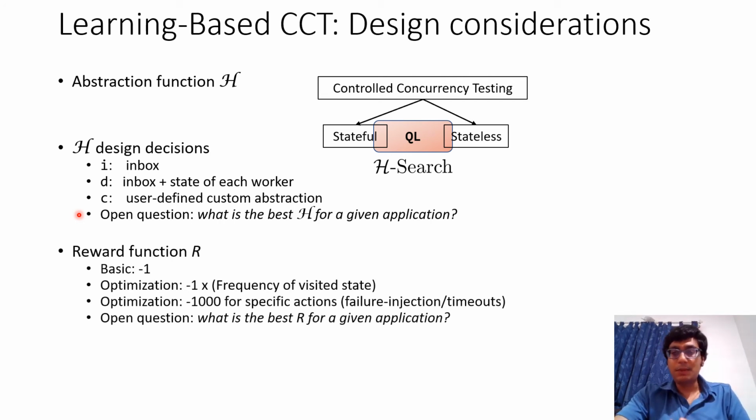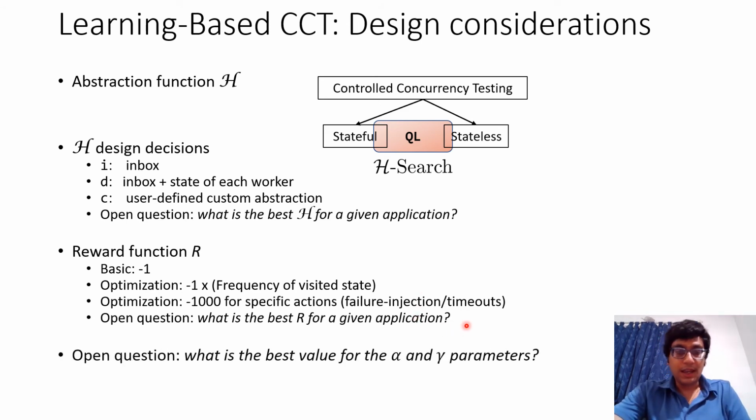Likewise, there is design to be made in the reward function. We typically went with a standard negative penalty, but we also employed an optimization which increased this penalty with the frequency of the number of times we visited the source state. And this was just to accelerate the degree of learning. We also picked an optimization which assigned high negative rewards for specific actions such as failure injection and timeouts. And the objective here was to delay injecting these actions early on because they prohibit exposing interesting program behaviors. And the open question again here is, for a given application, what is the best reward